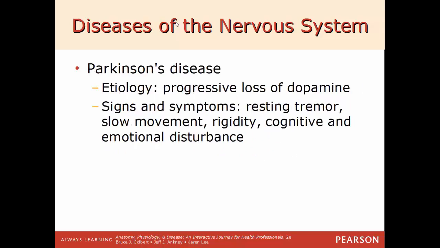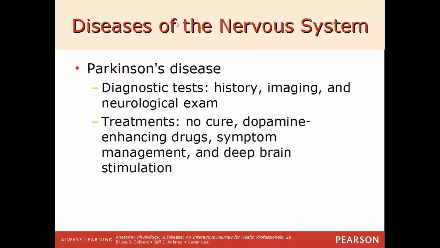Parkinson's disease, etiology, is a progressive loss of dopamine. Common signs and symptoms: resting tremors, slow movement, rigidity, cognitive and emotional disturbances. Diagnostic tests: history, imaging, neurological exams. For treatments, there's no cure yet, but some treatments could include dopamine-enhancing drugs, symptom management, and then also deep brain